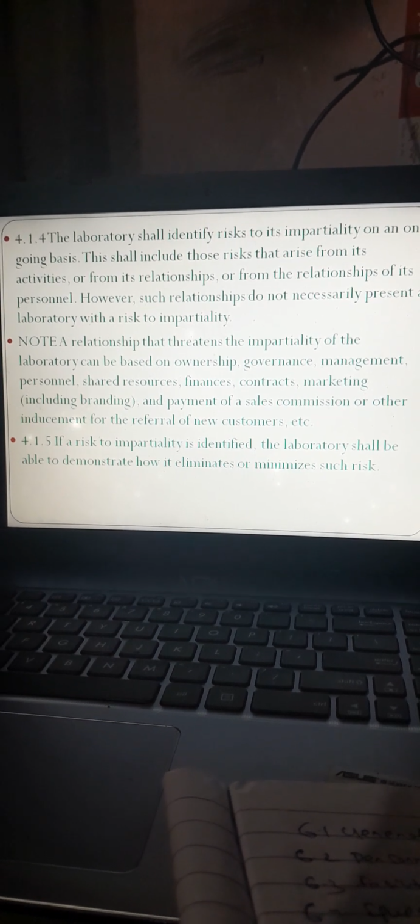What does it mean? It means a relationship that threatens the impartiality of the laboratory can be based on ownership, governance, management, personnel, shared resources, finances, contracts and marketing, including branding and payment of sales commission or other incentive for the referral of new customers, etc. And 4.1.5 means if a risk to impartiality is identified, the laboratory is able to demonstrate how it eliminates